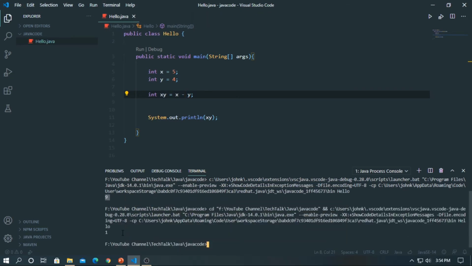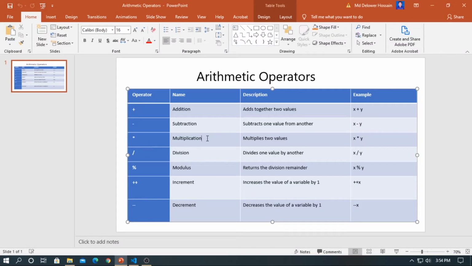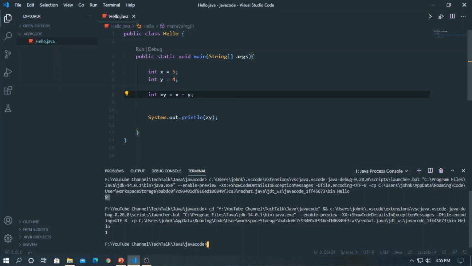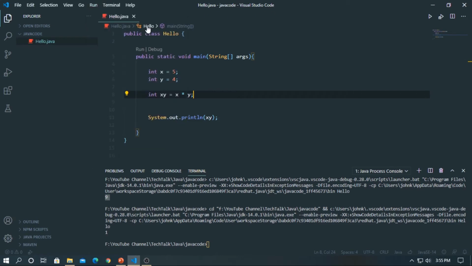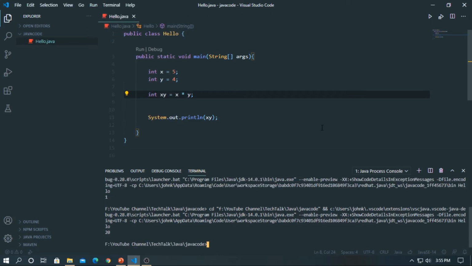It should print 1 and it does. Next one is the multiplication operator, which will multiply x by the y variable. So let's multiply x by the y variable. Run this code and it should print 20, and it's 20.